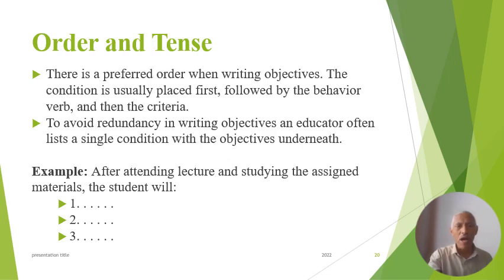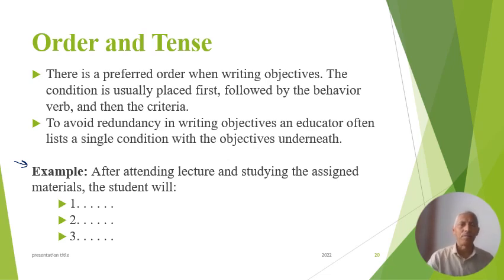So sometimes when you have 3 different objectives that you will be setting, but the condition is the same, then you don't need to necessarily write the condition repeatedly. So you can write the condition once, as you can see here. You can write it once, and then state the performance and the criteria. So after attending the lecture and studying the assigned materials, the students will, and then you write the performance and